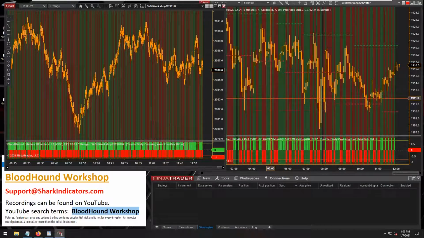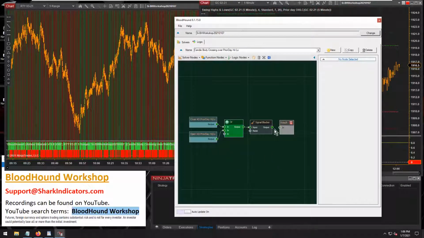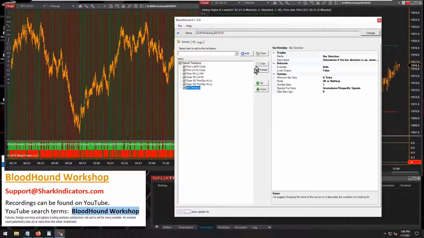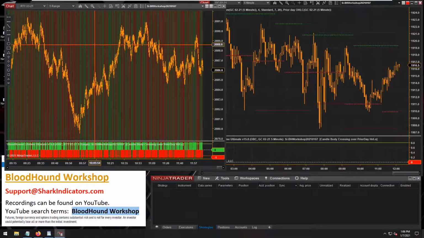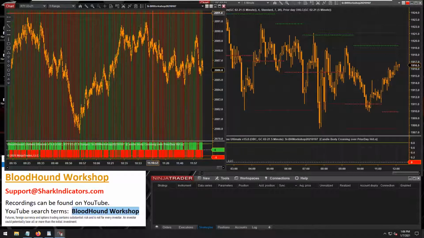They're both running the same file because they both loaded this template file from the hard drive because they just first started up for the very first time. Right? But, of course, if I go and put this back to the way it should be, right? Let's get rid of that. Let's get rid of that bar direction solver. Clean this up, right? Well, this BloodHound is not restarting. There's nothing forcing this BloodHound to start again. It's just running like it should be. So this BloodHound's not going to do anything,